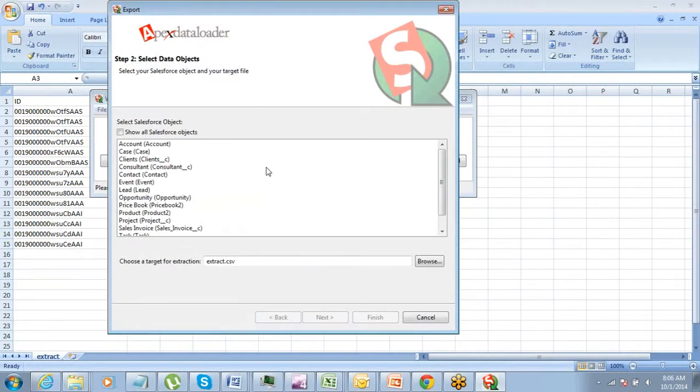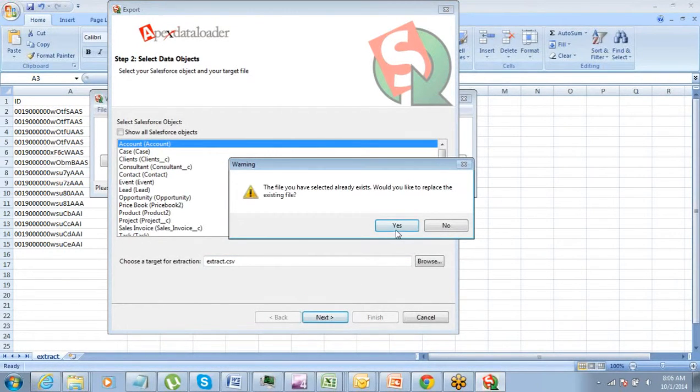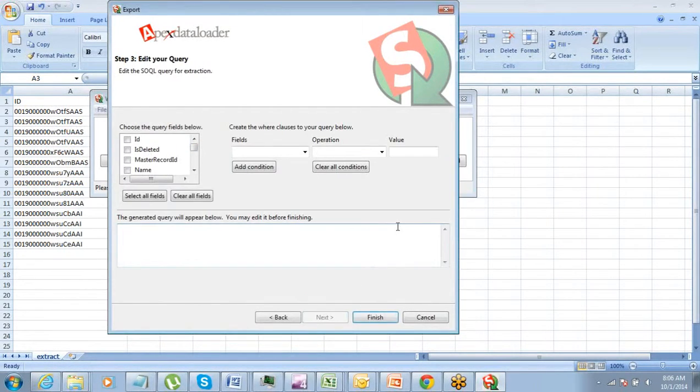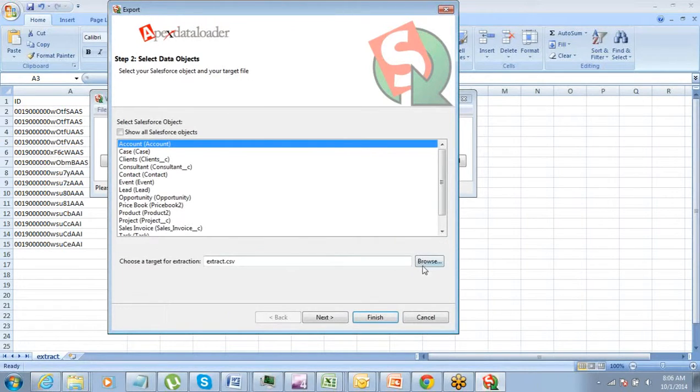Okay, I think I missed where I did the export. I'll do it again. Yes, I want to replace the existing file. This should be the ID, this should be the name. Now let me go and put it in some other location.